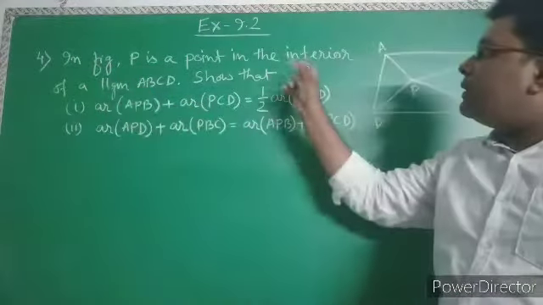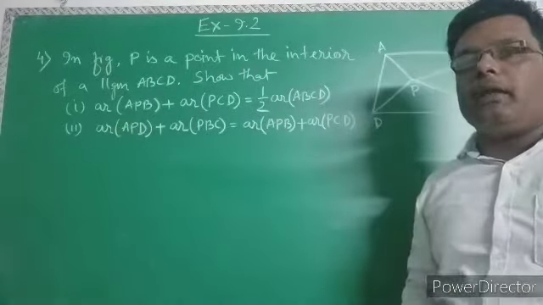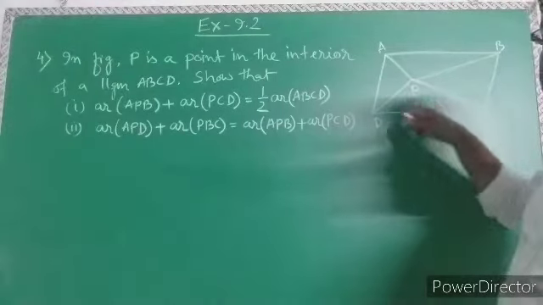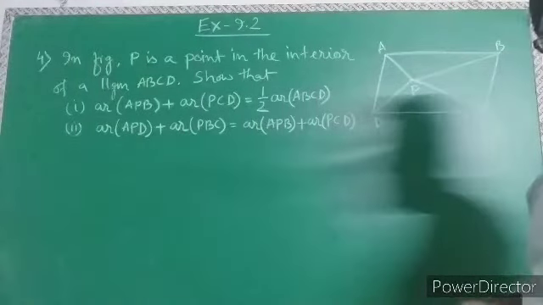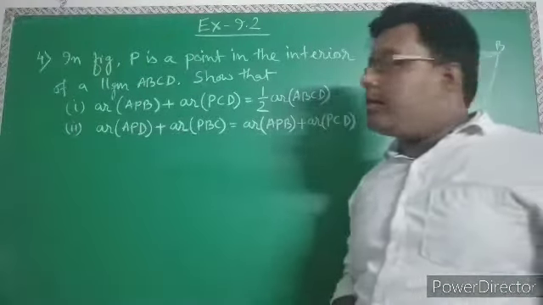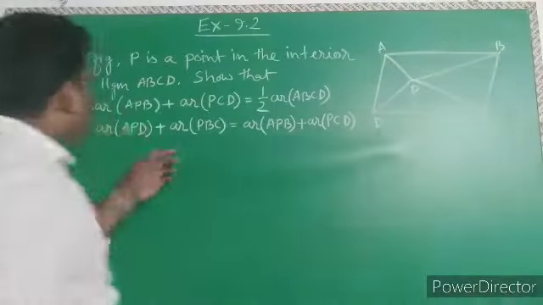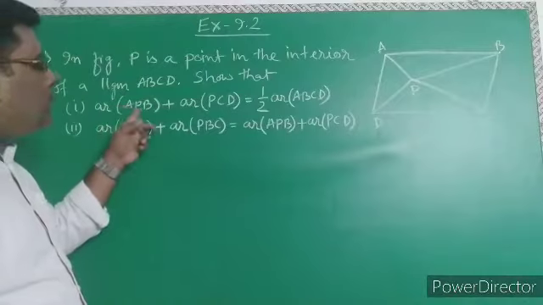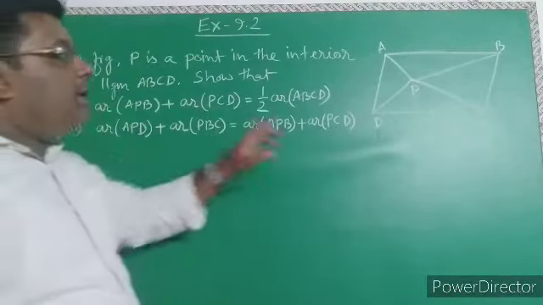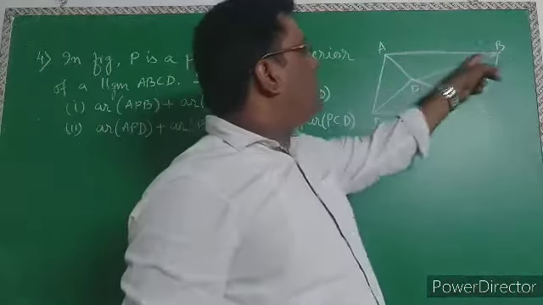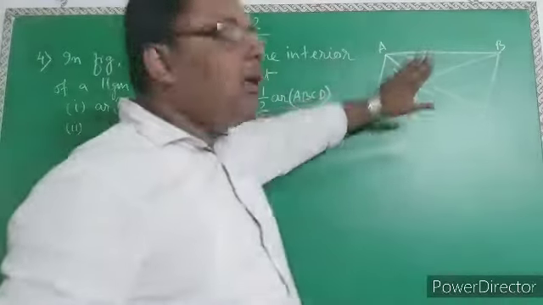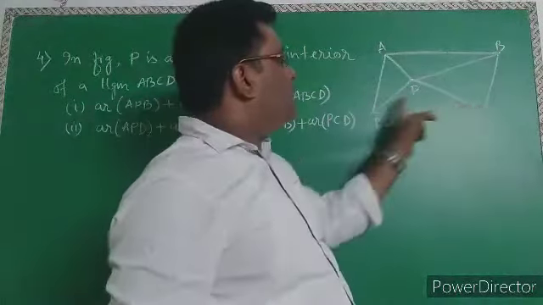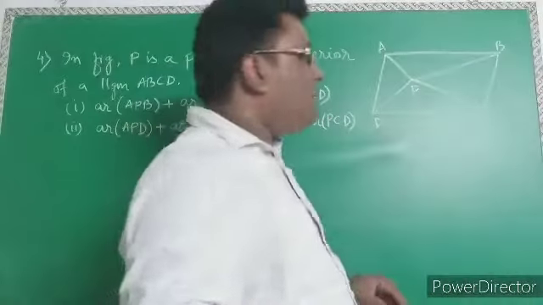P is a point in the interior of this parallelogram ABCD. That is, P is a point, interior means inside of this parallelogram ABCD. Now we have to show that area of triangle APB, that is this triangle, plus area PCD, that is these two triangles,